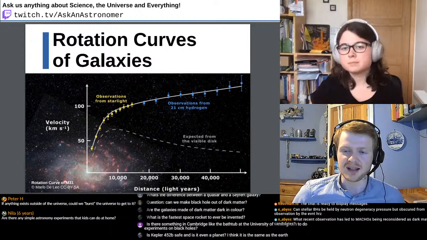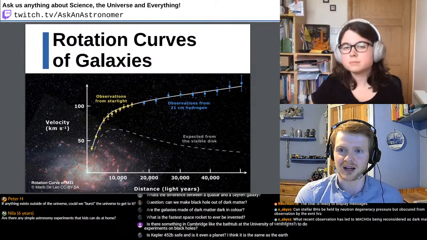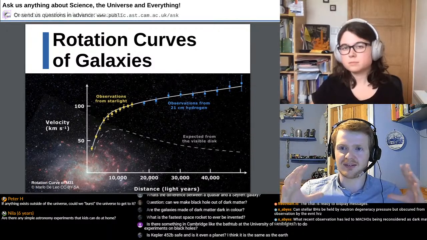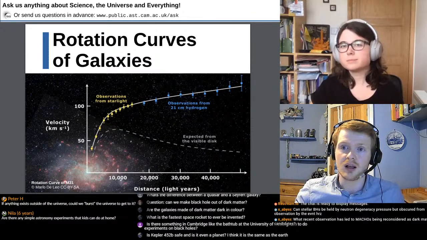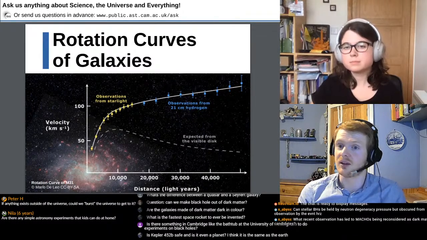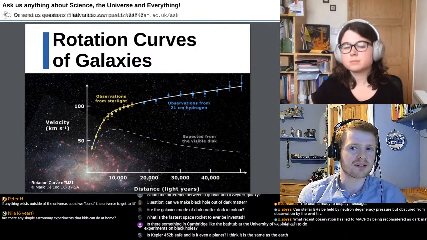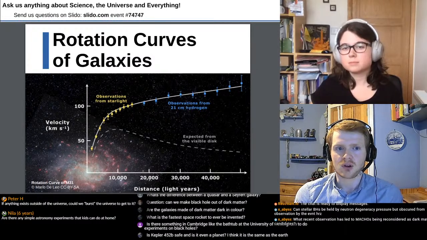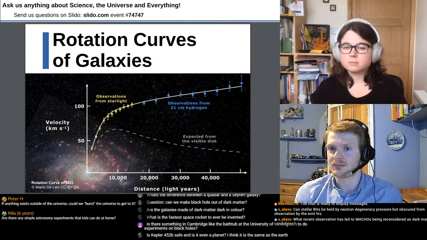Any matter that falls into a black hole would add to the mass of the black hole, and theoretically, if you could get enough dark matter into a small enough volume, then yes, it would form a black hole. But there's one potential issue with that, which is, when normal matter collapses together